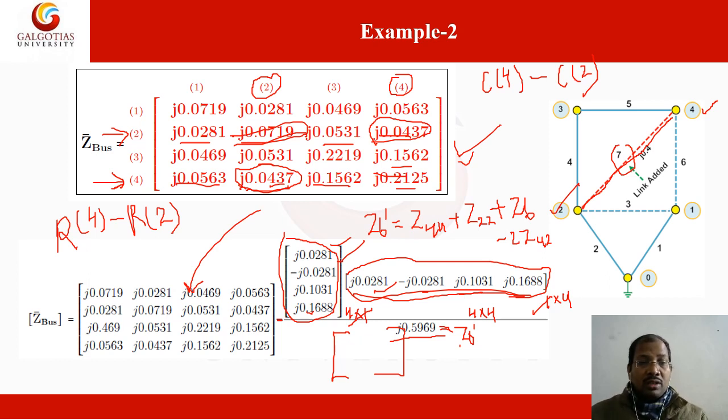We are going to apply this Z bus algorithm in fault analysis, because there are different types of faults, symmetrical and unsymmetrical. These faults create three types of sequence networks: positive sequence, negative sequence, and zero sequence networks. So in the next lectures we are first going to discuss the sequence networks, and after that we will go to the fault analysis.